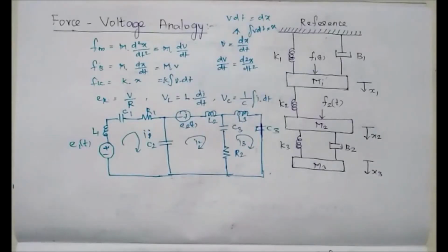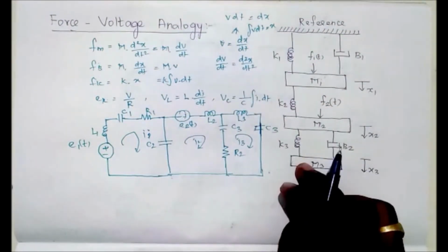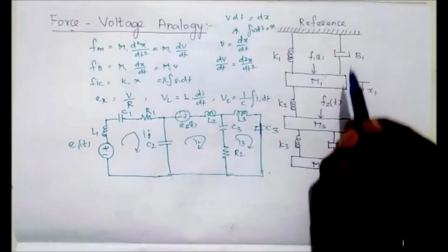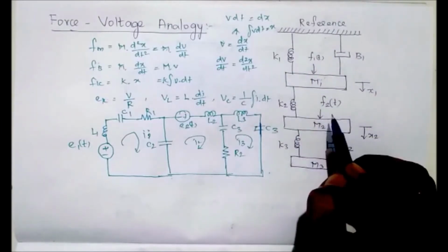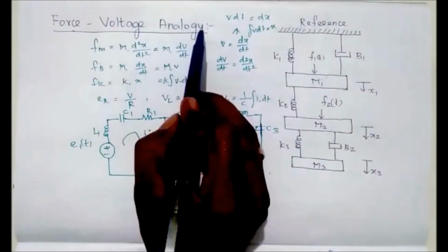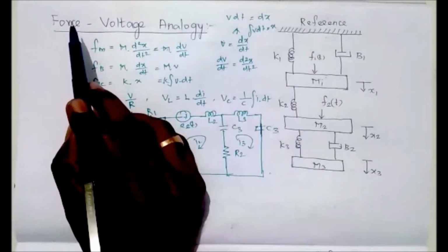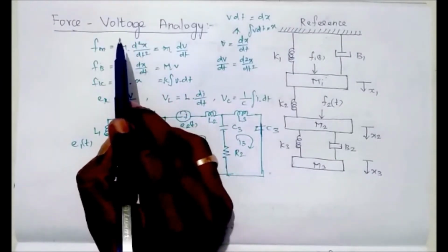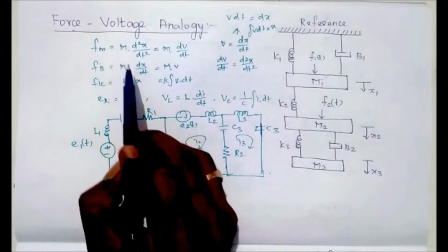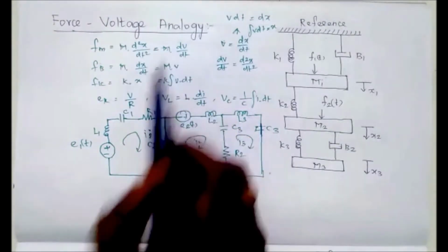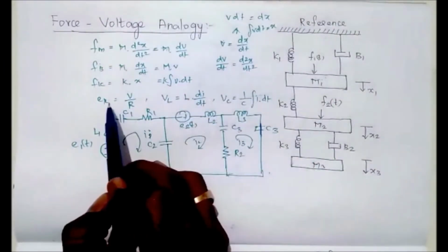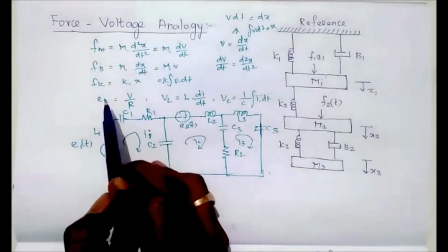In this video, we are going to see about force voltage analogy. So this is an example. This mechanical system is having 3 mass elements, 3 spring elements, 2 dashpots. There are 2 applied forces. So we know for force voltage analogy, if force is input in the mechanical system, then in the electrical system voltage is input. Therefore, first we have to write the force equation of all 3 basic elements in terms of velocity. Similarly, we have to write the voltage equation of all 3 basic electrical elements.